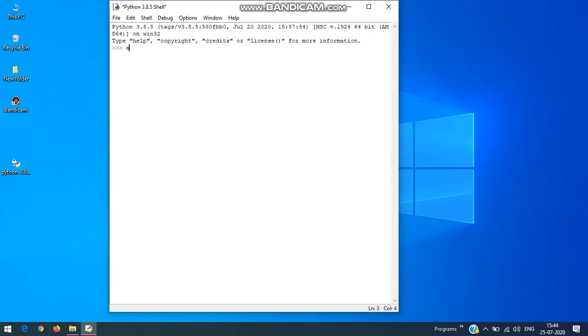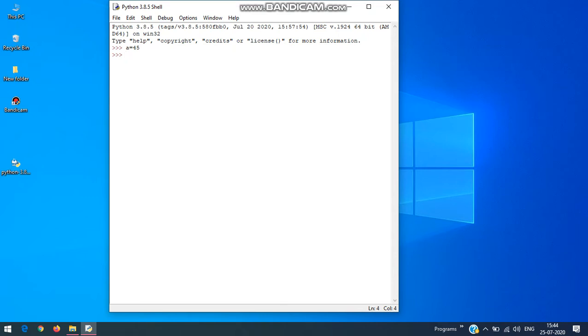For example, I am giving a = 45, and in the next statement, if I want to display the value of a, it can be done easily, because in this shell screen all the variables that you are using will be stored in the workspace, and you can retrieve the value of the variables later.